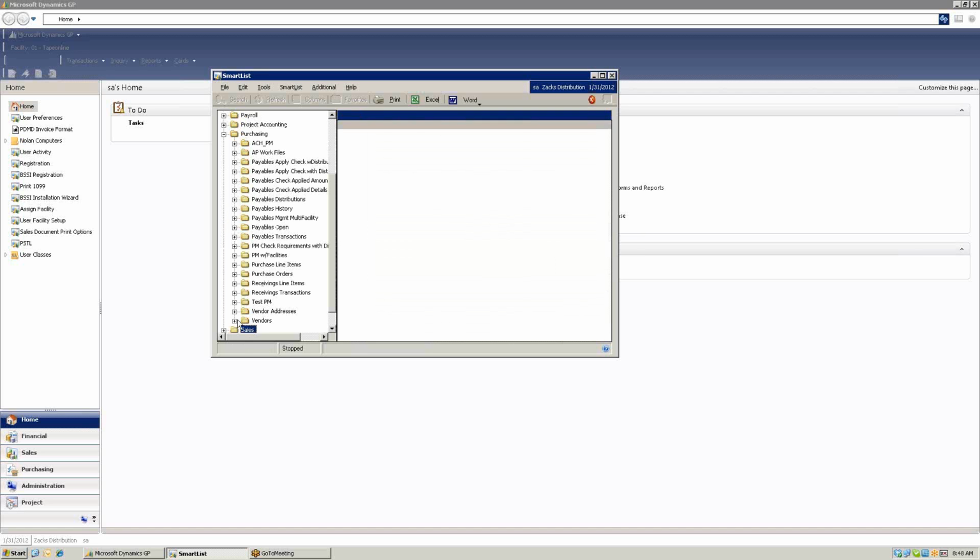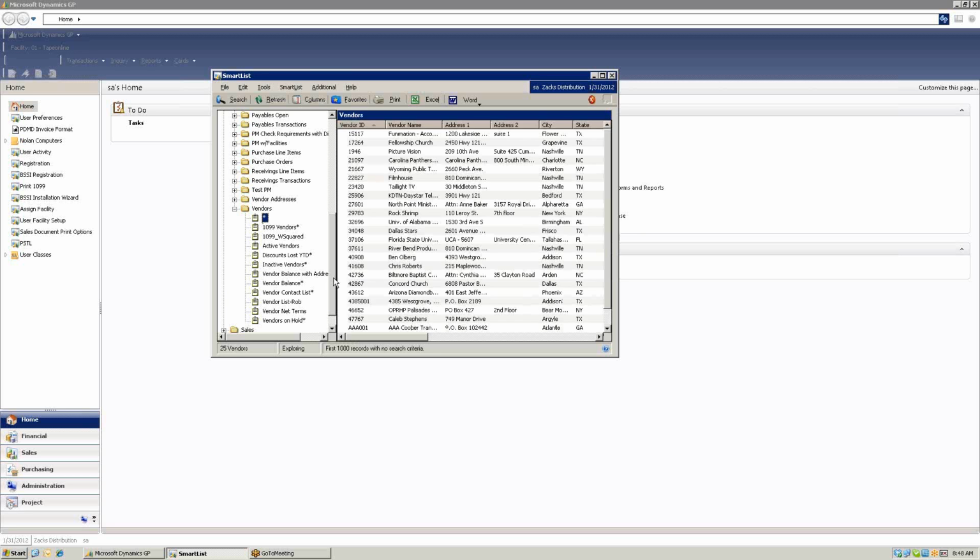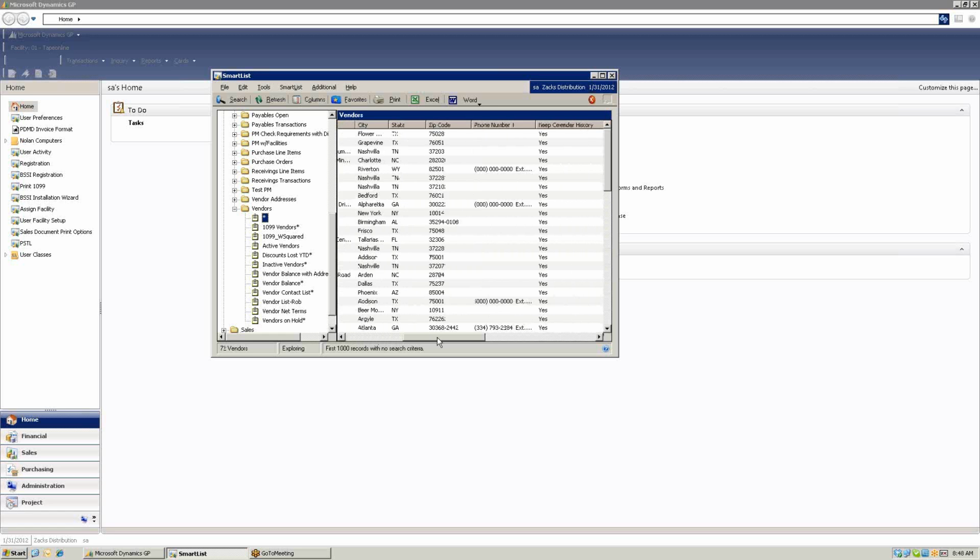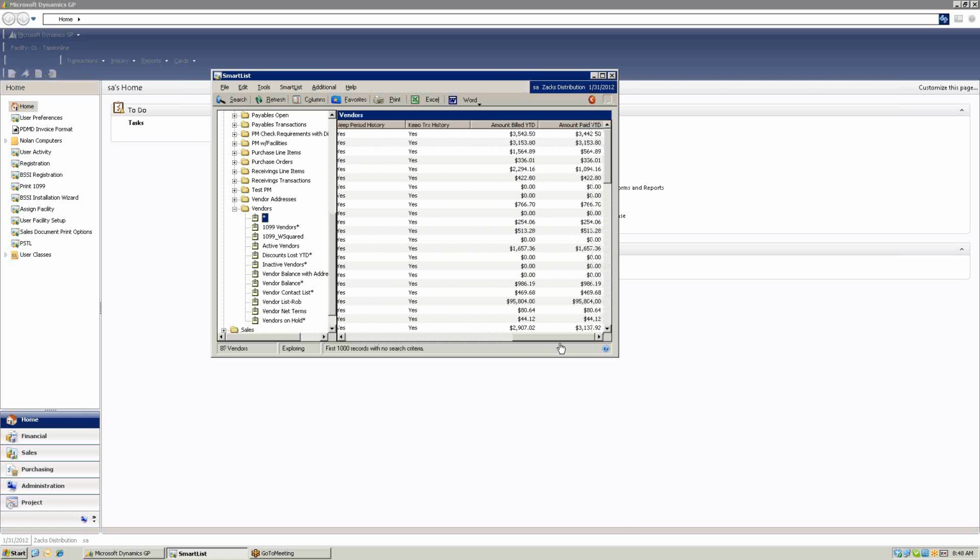So if I come in here, I'm just going to use vendors because I know it's in here. Discount, vendors. Let's just pull this one. Okay. So if I go and look at this vendor, it says amount billed year to date and amount paid year to date. I'm going to tell you guys right now that is not correct. And the reason that is not correct is because in GP,